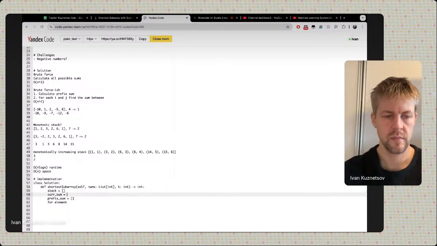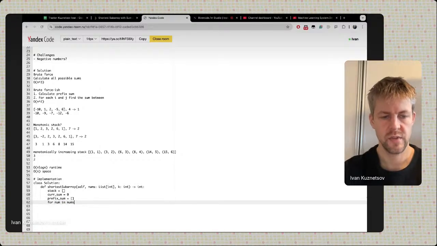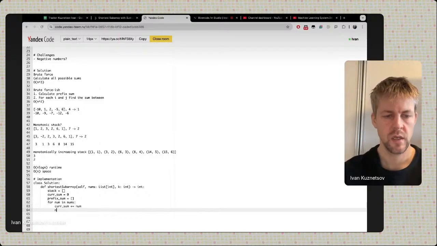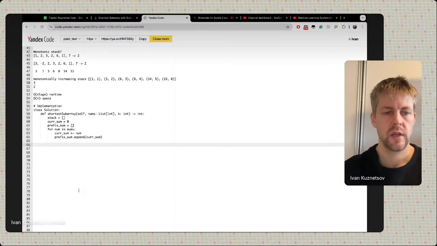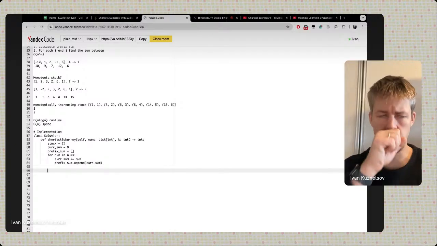Current sum equals 0, for num in nums: current sum plus equals num, and prefix sum append current sum. Okay, so for each of the elements we append to our current sum. This is good. Now we need to set up